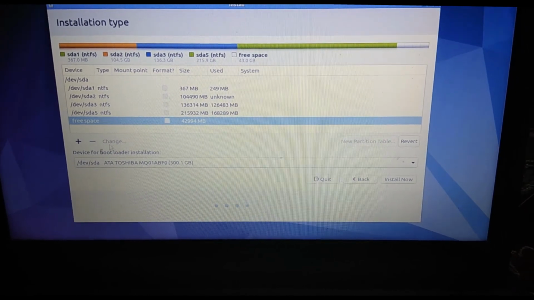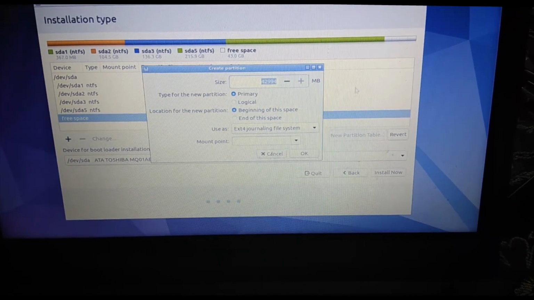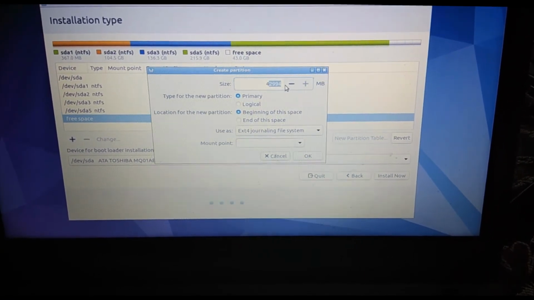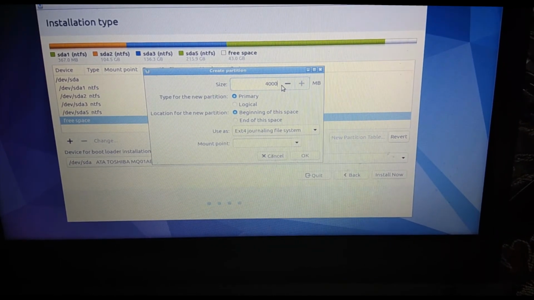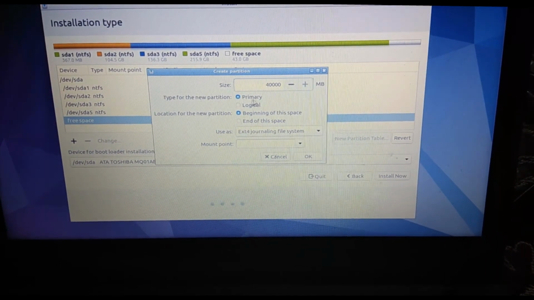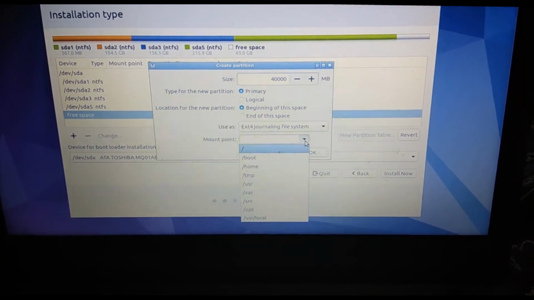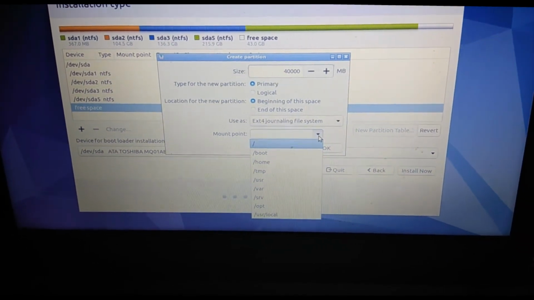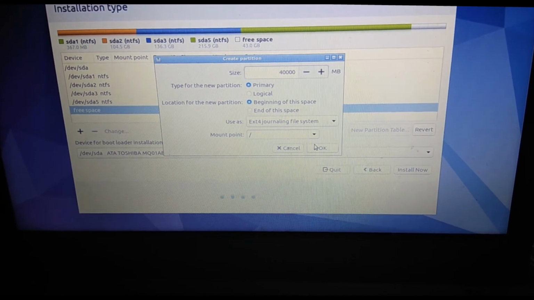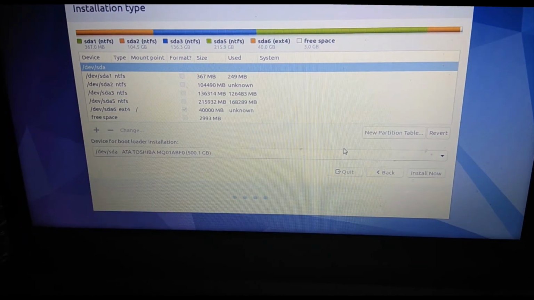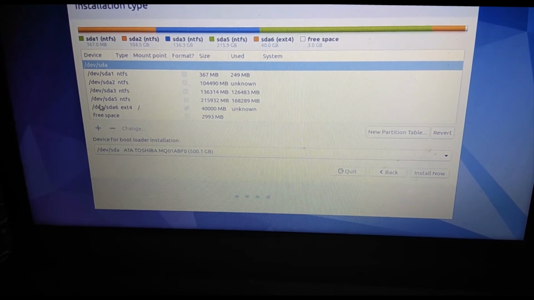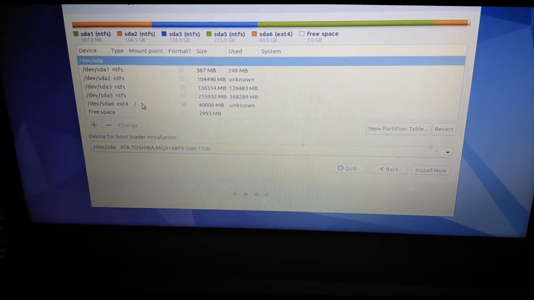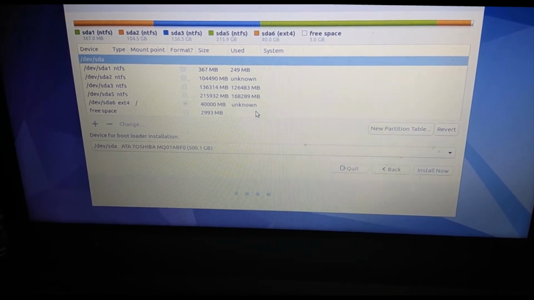So you want to do a plus sign and give it, let's see, we can give it a size, and I'll make a primary partition of ext4, and this will be a mount point for root. So we'll choose root here. And okay, so we have our dev SDA6 ext4 partition with mount point root here as our Linux installation drive, and